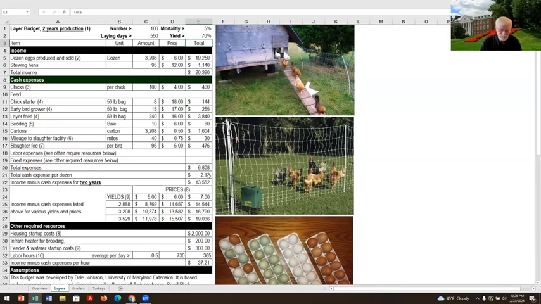Of course, there's other ways to do this too. You can have other types of portable buildings with portable nesting boxes. There's all kinds of different ways to do it. But again, the enterprise makes you think about how you're going to house these layers. I like this system of a layer house that I can pull around the field with electric netting. I like that system a lot because, with the amount of fencing I've got, I only have to move these hens every couple of weeks, 2 to 3 weeks.